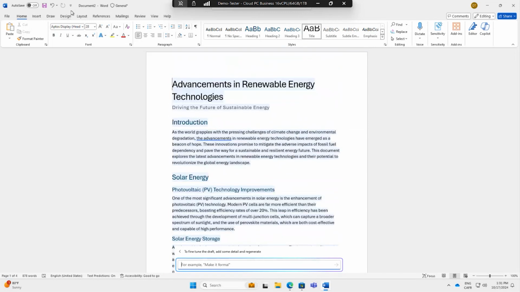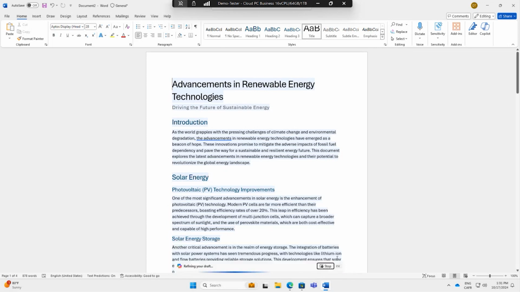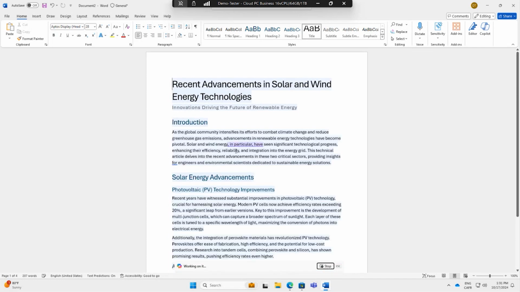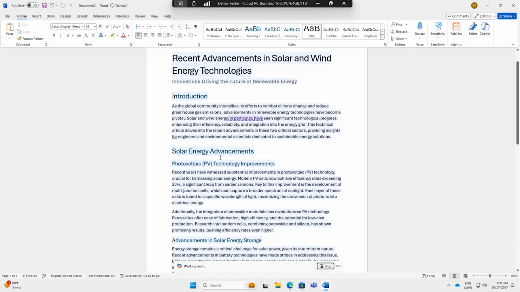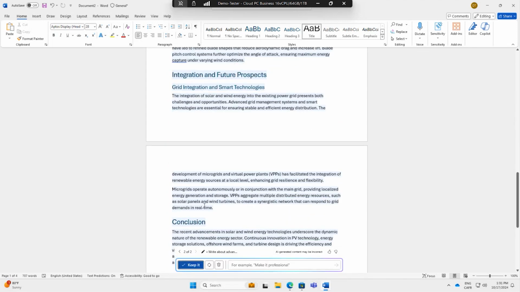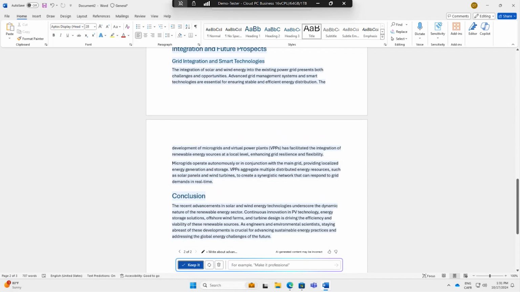So I'm gonna ask it to write a technical article discussing recent advancements in renewable energy technology, focusing on solar and wind energy for an audience of engineers and environmental scientists. As you can see, it's different, and it's more what we wanted, and you can even